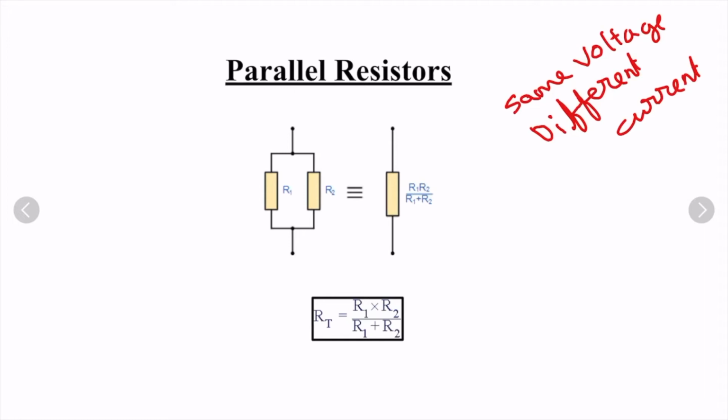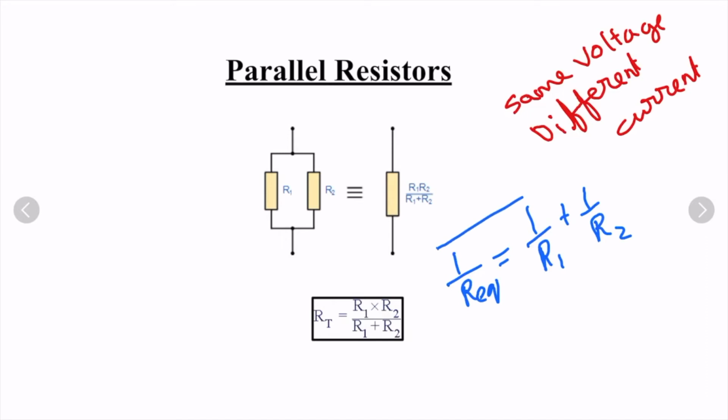In that case you can directly calculate the value of equivalent resistance, that is nothing but the multiplication of both elements divided by the addition of both elements. So an easy way to remember is multiplication divided by addition. As you all know, there is one more formula, that is R equivalent in case of parallel is equal to,